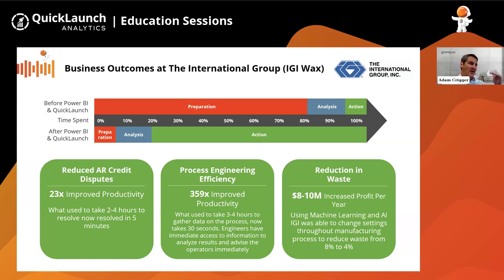And they were able to adjust based on what the AI was providing them to get their waste reduced from 8 to 4%. At the time when he announced this, it was resulting in about $8 to $10 million increased profit a year. If you ask them now, that's even gotten better. They've been able to refine it even more and get even more money to the bottom line. So super exciting, and they're a great company to speak with if something like this is something you're open to achieving as well.